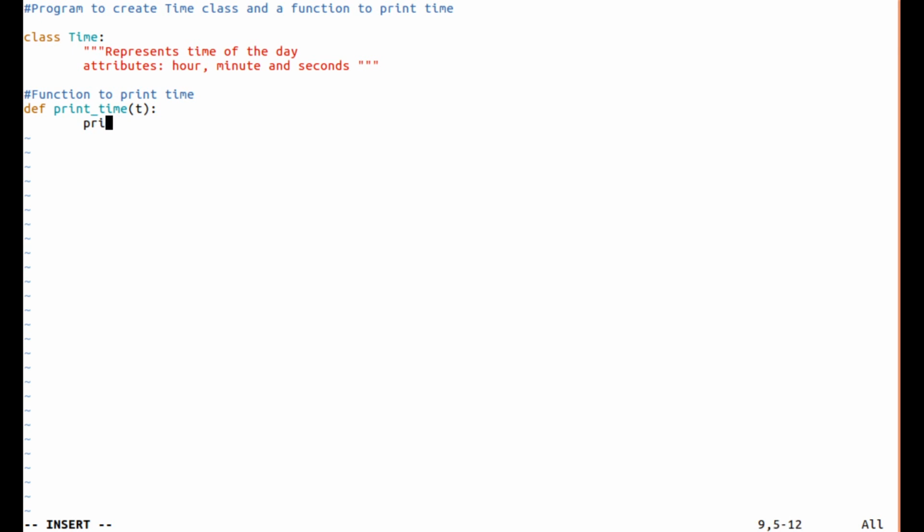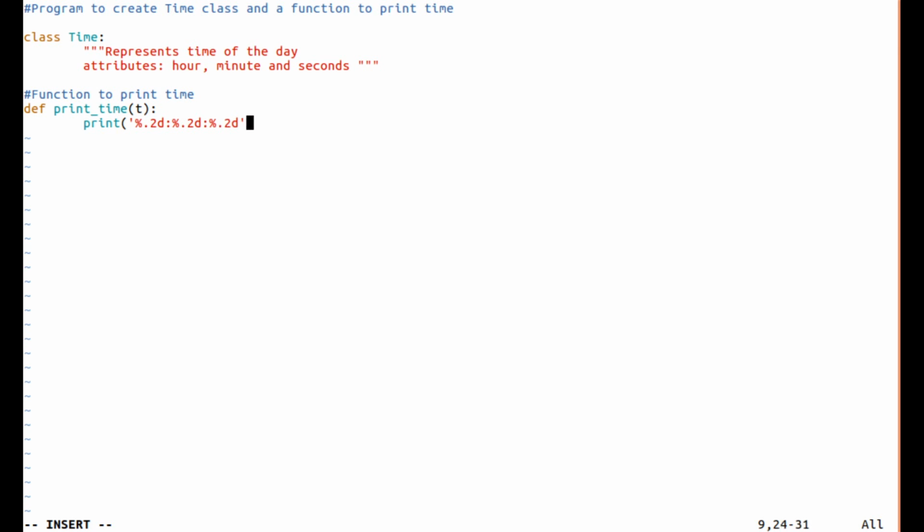Print percent .2d colon, then percent .2d colon, and percent .2d.